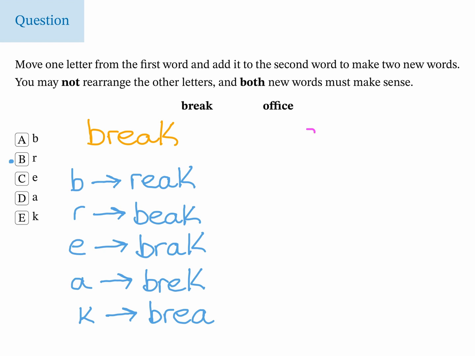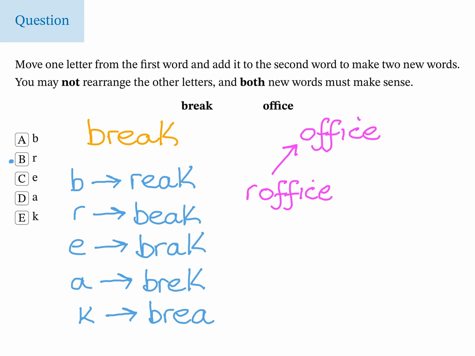So we're going to start with the word office. And the quickest way to check whether you can make a new word is to put the letter at the very start or at the very end. And then if it doesn't work, then we have to start worrying about whether they can go somewhere in the middle. But if we start by putting R at the start of the word, then we make the word roffice,